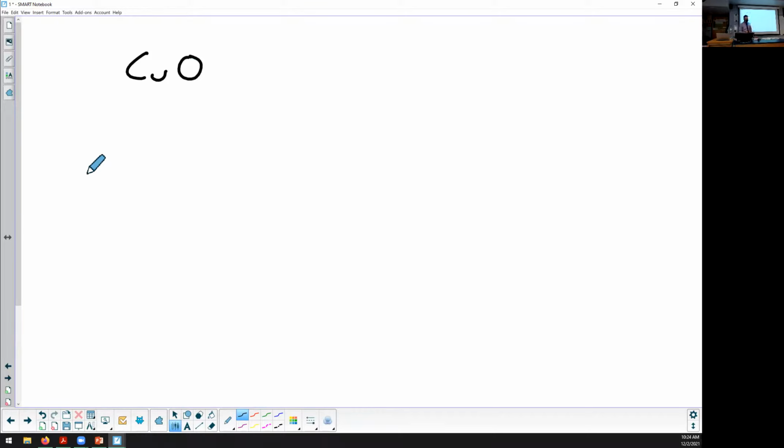Now, this is a thing that exists. It's a real thing. The problem is, this is also a real thing. So we cannot just call both of these things copper oxide, right? They're clearly different things, and we have to name them differently. And we're going to do that with Roman numerals. Copper is one of the elements that gets Roman numerals. The elements that get Roman numerals,